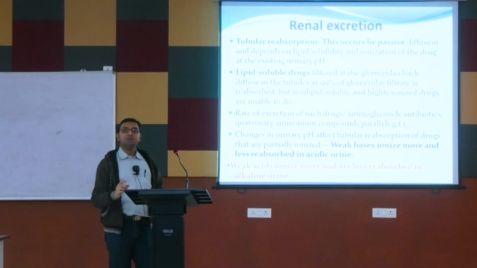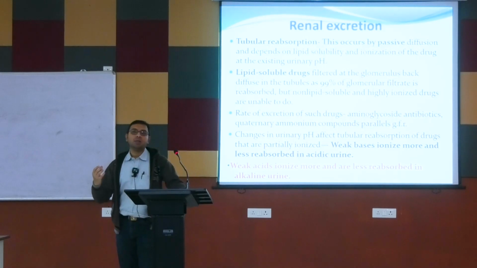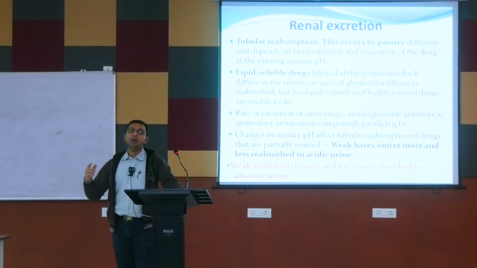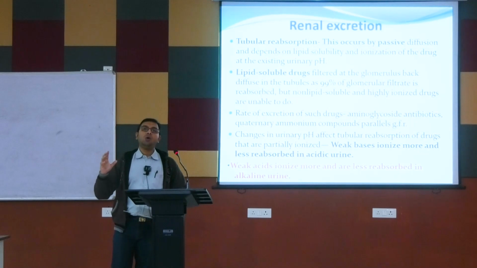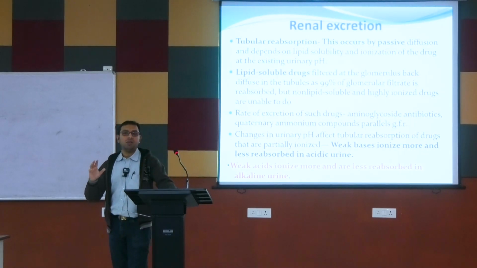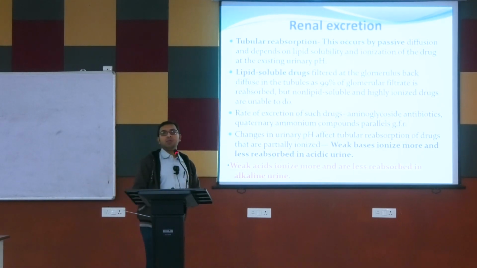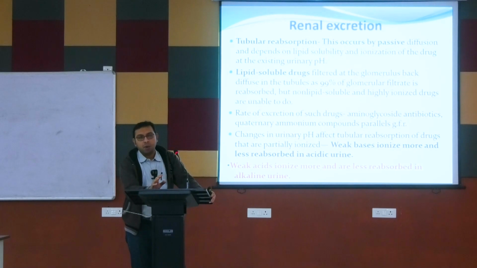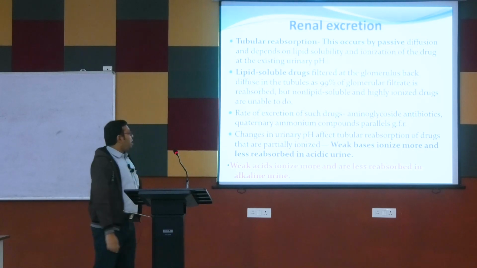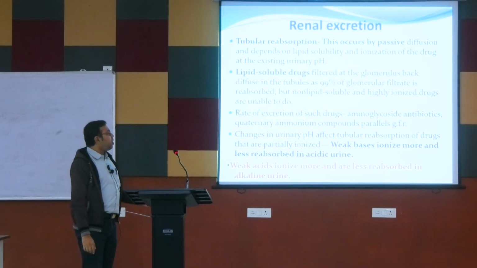for example, aminoglycoside antibiotics, quaternary ammonium compounds, etc., parallels the glomerular filtration rate. Glomerular filtration rate হচ্ছে কতখানি glomerular filtration করতে পারছে, এবং that ultimately is the determinant of the workload of the kidney, মানে কিডনি আদৌ কতখানি কাজ করছে সেটা জানার জন্য glomerular filtration rate থেকে জানা যায়। Usually the normal glomerular filtration rate হচ্ছে 125 মিলিলিটার পার মিনিট, এবং যদি সেটা কিডনি ফেলিওর আলটিমেটলি কমতে থাকে, এবং যখনই কমবে তখনই ড্রাগের হ্যান্ডলিং বাই দ্য কিডনি ইজ কোয়াইট কম্প্রোমাইজড।